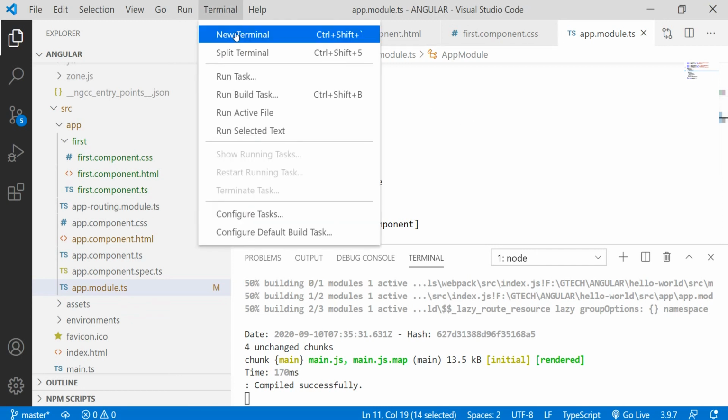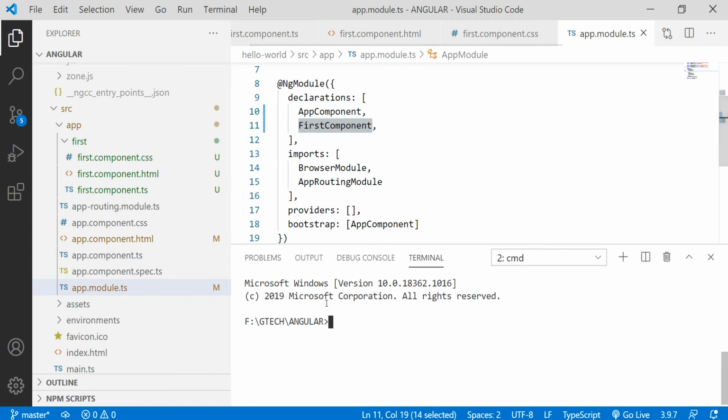To do that, let me open a new terminal, and we need to get into the folder hello world where our project is running, and let me generate a component. Here g is for generate and c for component, and let me name the component as second.